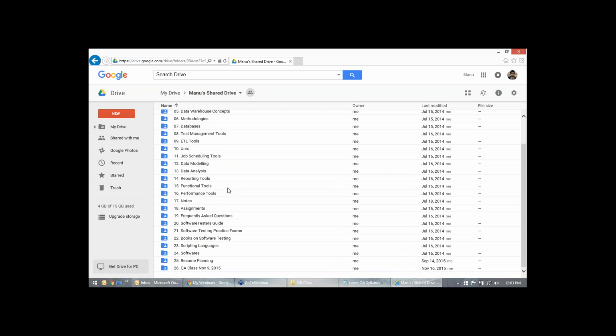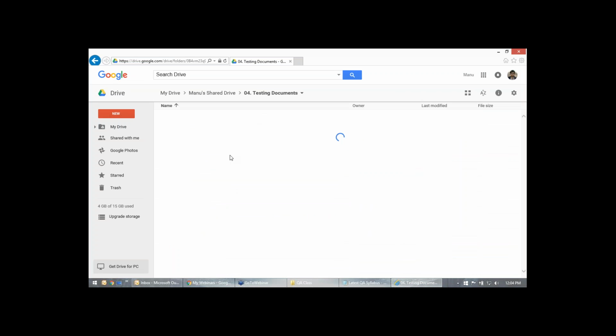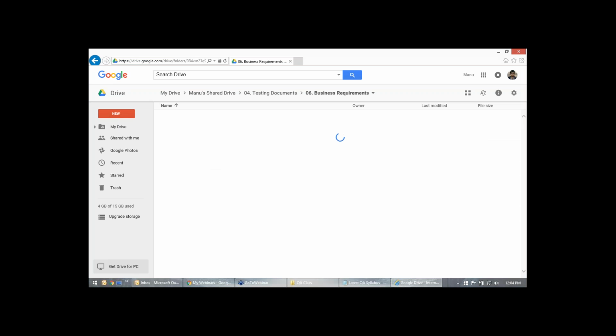But we will not be using all of that. We will only use the information which is required by the testers, because that is very huge. You don't understand everything. Nobody understands. Even I don't understand every business requirement document. Why? Because it's not meant for that. It was meant for all the team members. There are so many people who will be working, right? Developers, testers. So it's for them. So it has a lot of information. We will only be working on what is required.